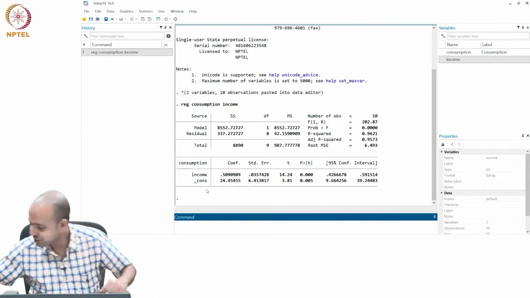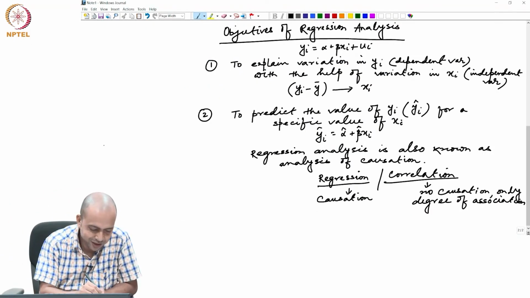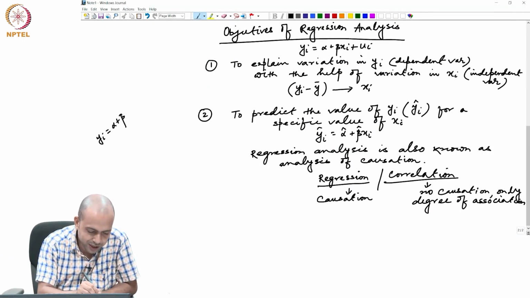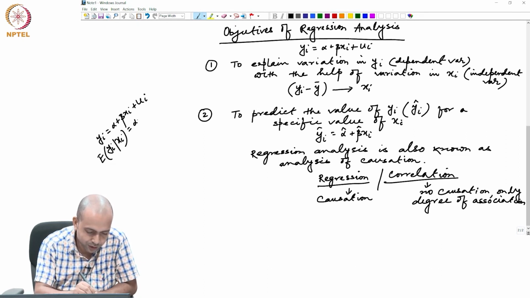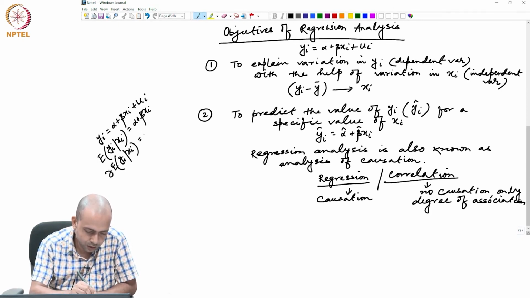So, I will just show you what actually you are getting. When your yi equals alpha plus beta xi plus ui, the first thing you are doing is taking expectation of yi given xi, which equals alpha plus beta xi, because expectation of ui equals 0. So, if you differentiate this, then delta of expectation of yi given xi equals